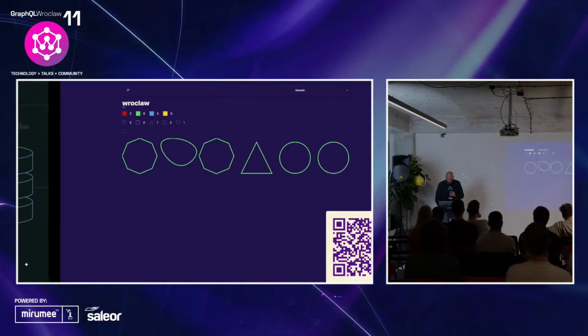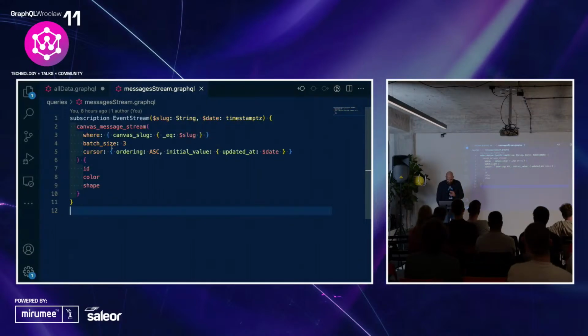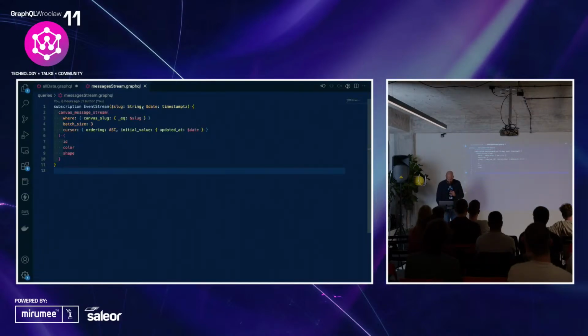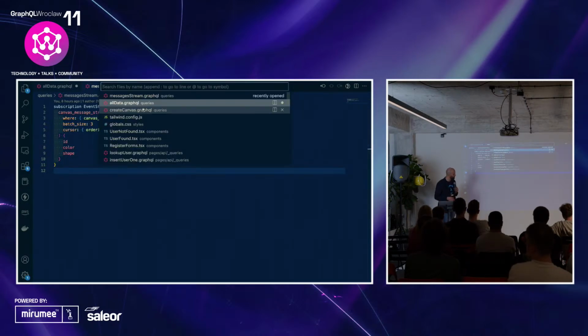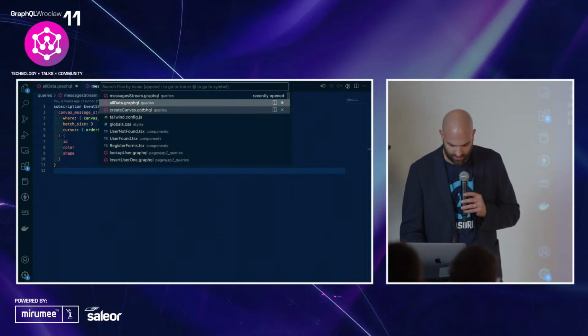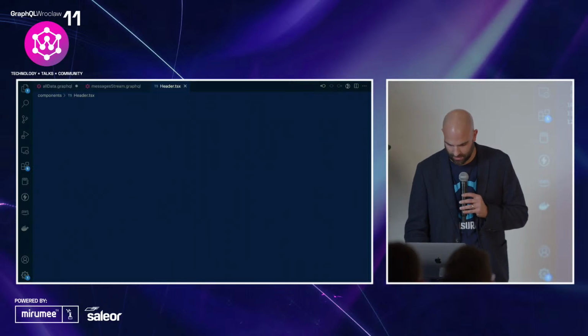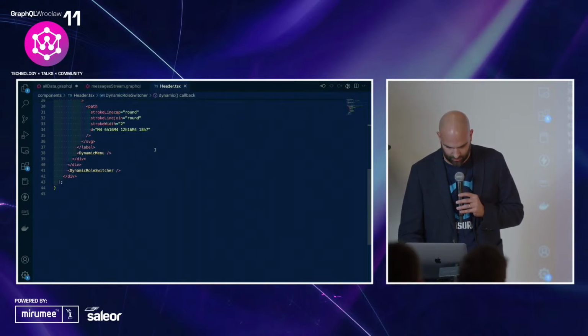I'm going to go ahead and grab a token. So I've done the thing that you're not supposed to do, and I've hard-coded my tokens here inside of my code. So I'm going to go ahead and grab a couple of my tokens here to have a look at. And that is going to be inside of my header. And that's inside of my role switcher here.